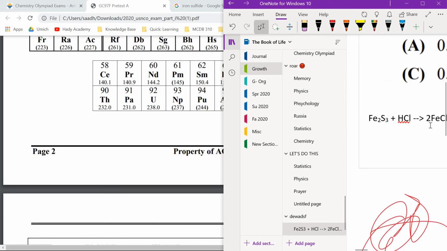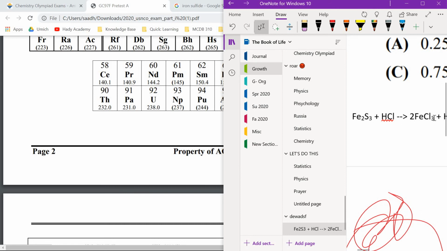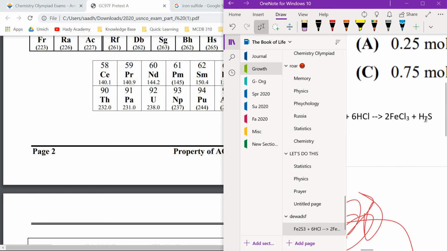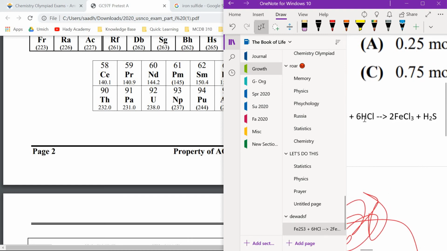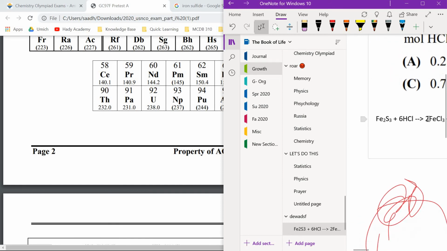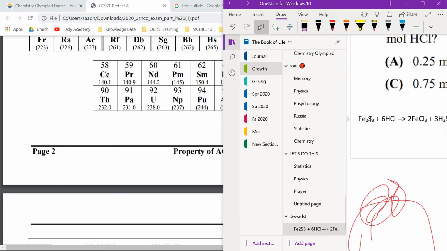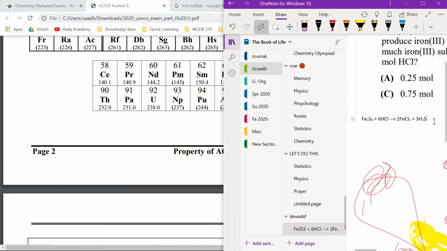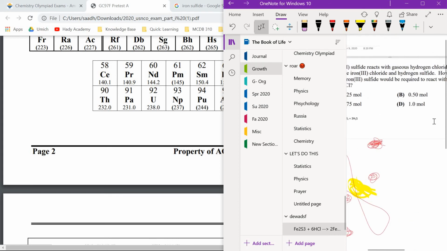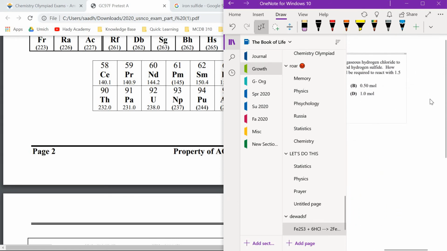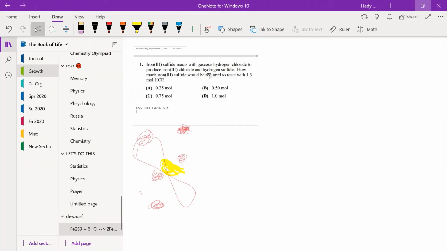So we can say 2 are generated. Oh, but now we have 6 Cl's here. We only began with 1, so okay, maybe there's 6 Cl's. Oh, but 6 H's now, and 2, so we're gonna say there's 3. And that actually worked itself out. So there's 3 S's, so it's completely balanced. And then all we have to do now is say,